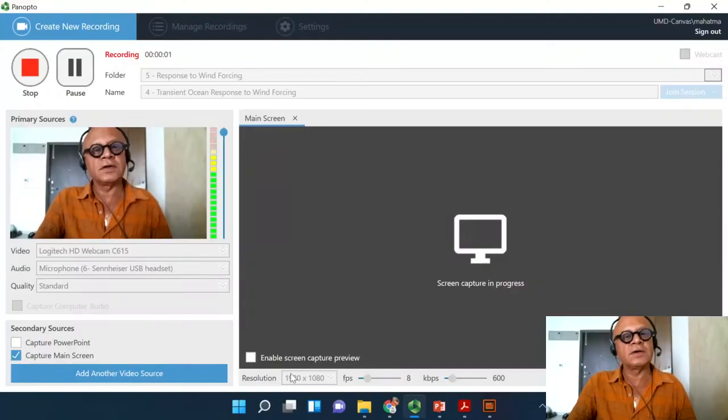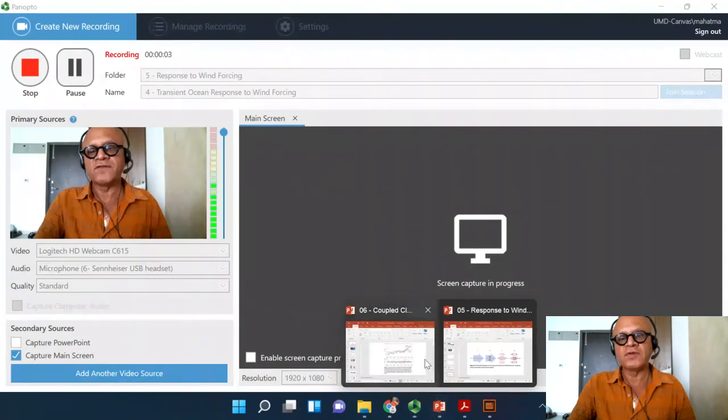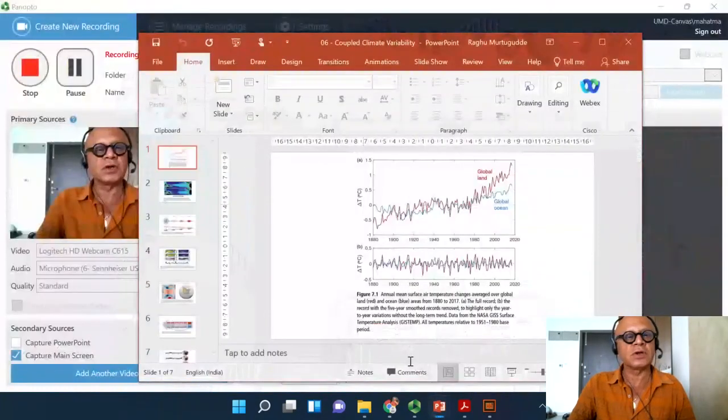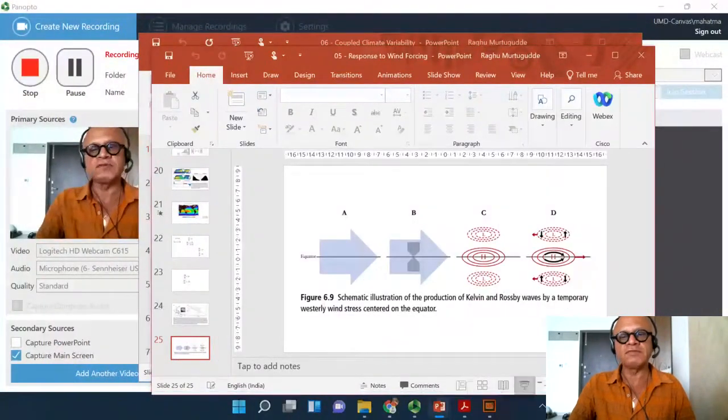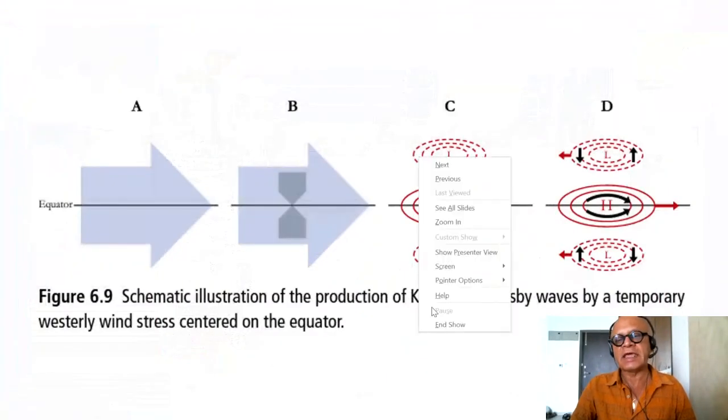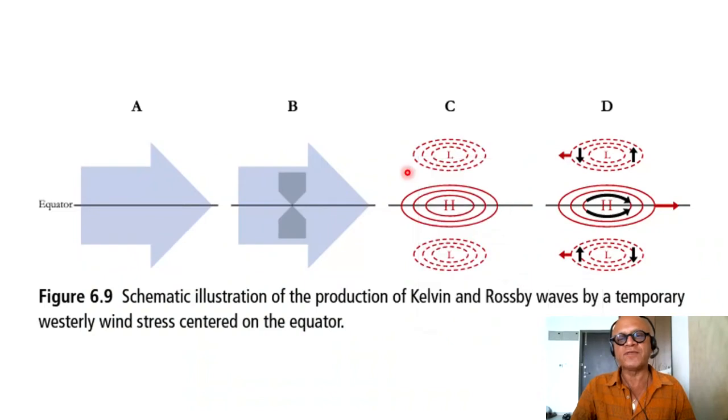So I wanted to add a few more words before I close out this chapter. Where am I here? So we were talking about waves. When you try to explain the propagation direction of the waves, everybody uses slightly different explanations on how to get you to capture the physics of it. So for the Kelvin wave, which we said is propagating eastward,